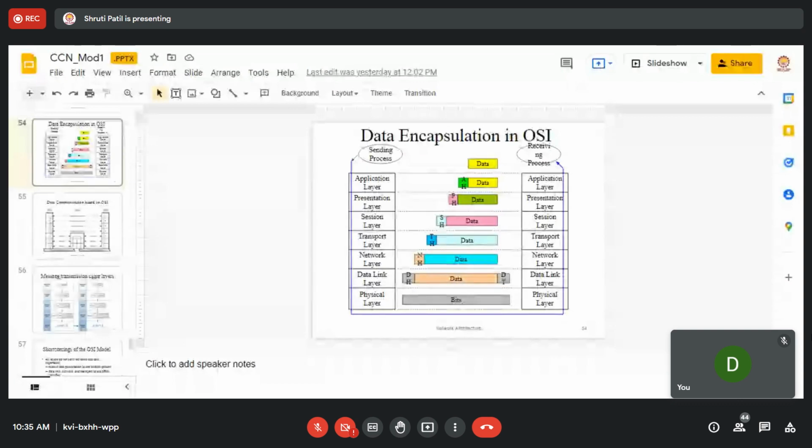Now, at the network layer you call it a packet. At the data link layer, you call it frames. And in the physical layer, you transmit the raw data bits, that is zeros and ones. So these TPDUs will be transmitted. Again, there are a number of protocols at the transport layer. They will be transmitted as different small blocks of data, and at the receiving end they have to be rearranged. They can be transmitted in any order and received in any order, so at the receiver end the order can change.